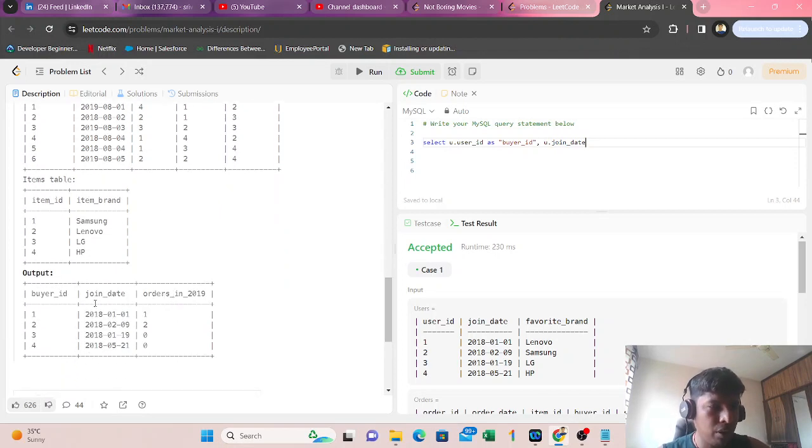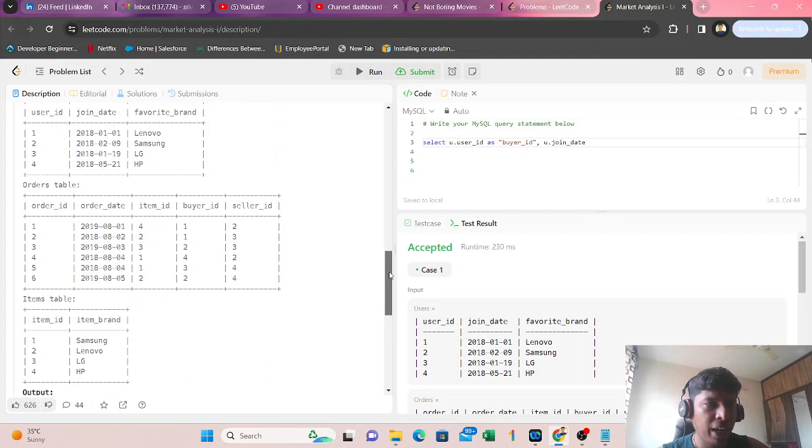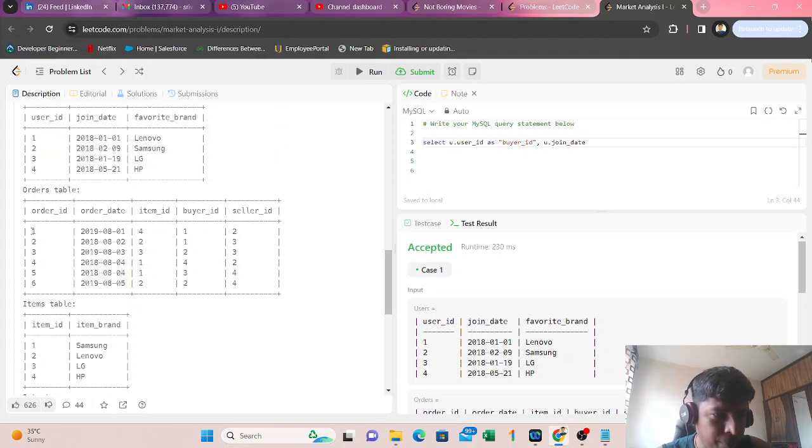Now you have to give the count of how many times they were a buyer in year 2019. Suppose, if you see the buyer ID, user ID 1 was buyer two times, but only once within year 2019. So you have to count. What we are going to do is count of o.order_id, how many times orders were made, from